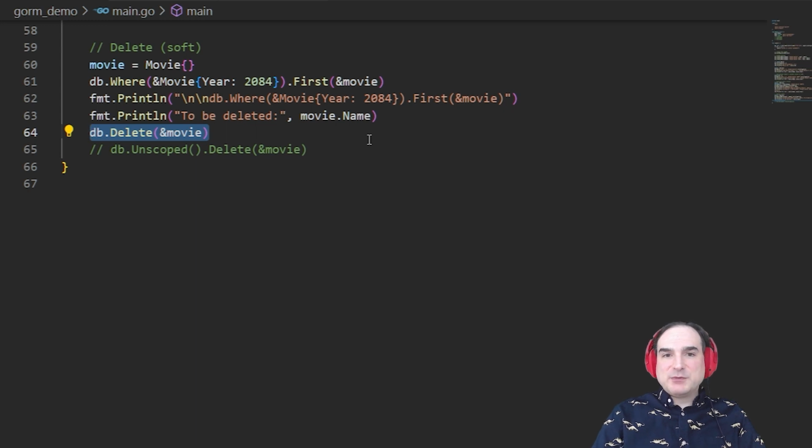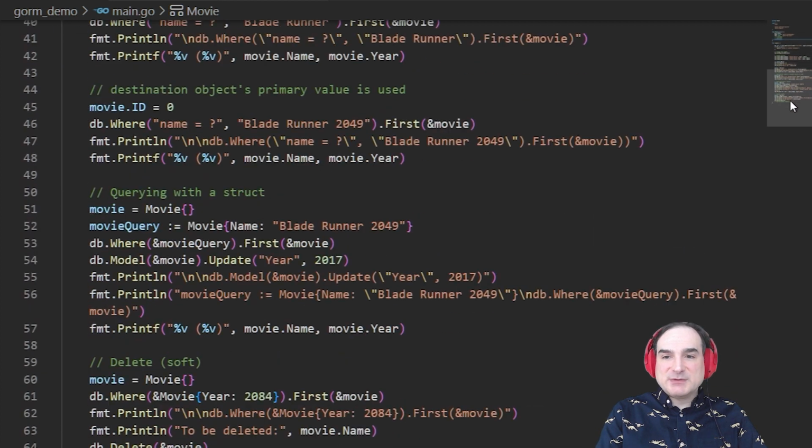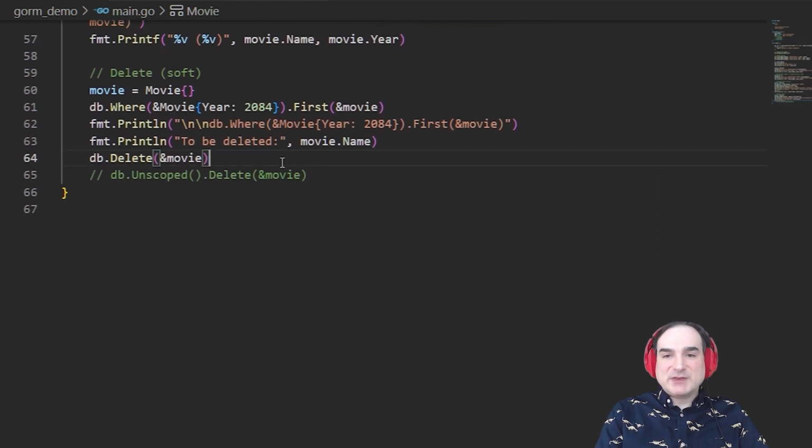By default, Gorm performs what are called soft deletes. Remember earlier how I mentioned tables in Gorm automatically have timestamps for creating, updating, and deleting rows? Well, when you delete a row, the default behavior is not to erase the row from the database. Instead, it's to fill in the deleted timestamp to indicate when the row was deleted. Any queries performed on tables through Gorm will automatically leave out any rows that have been marked as deleted, any rows that have a deleted timestamp that's not null.